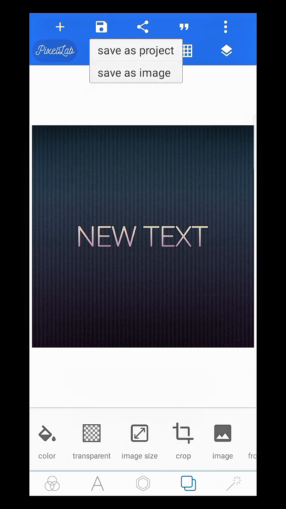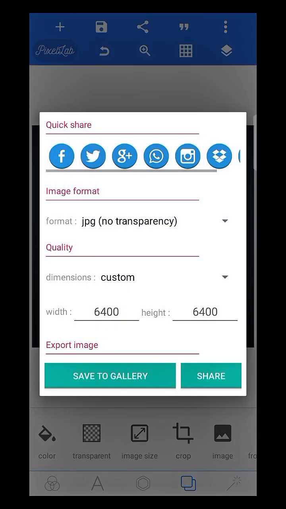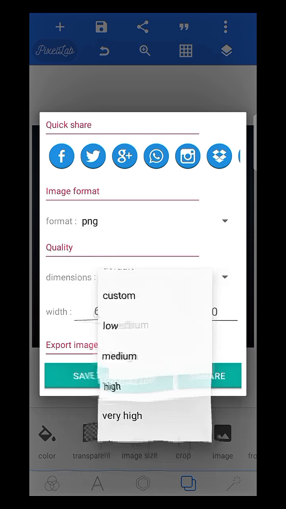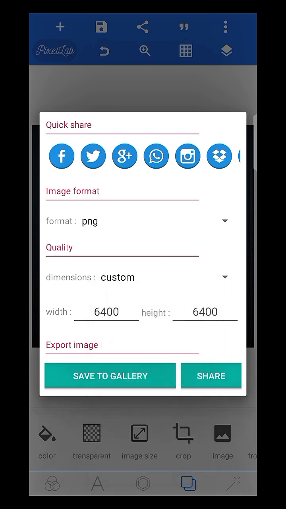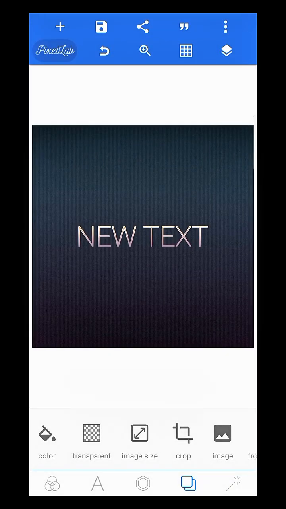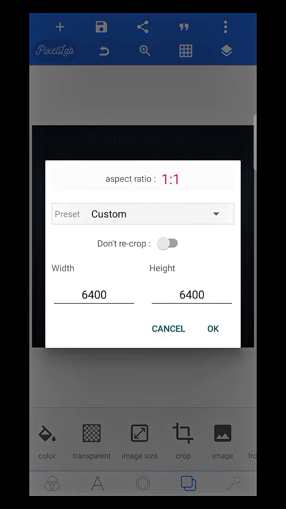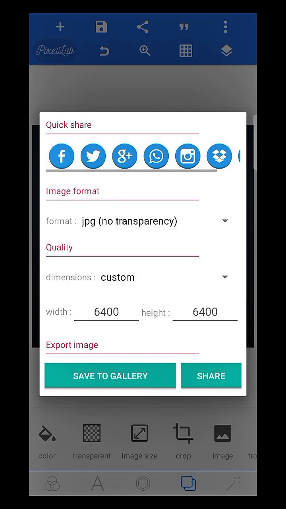If you go to save as image and you choose the format, which is PNG, most people will tell you choose ultra. Don't choose ultra. If you want the pixels that you entered to be maintained, just leave it like this, where you can see the 6400, 6400, and go to save to gallery direct. What happens is that it will save your design in the original quality that you entered, because if you go to ultra,